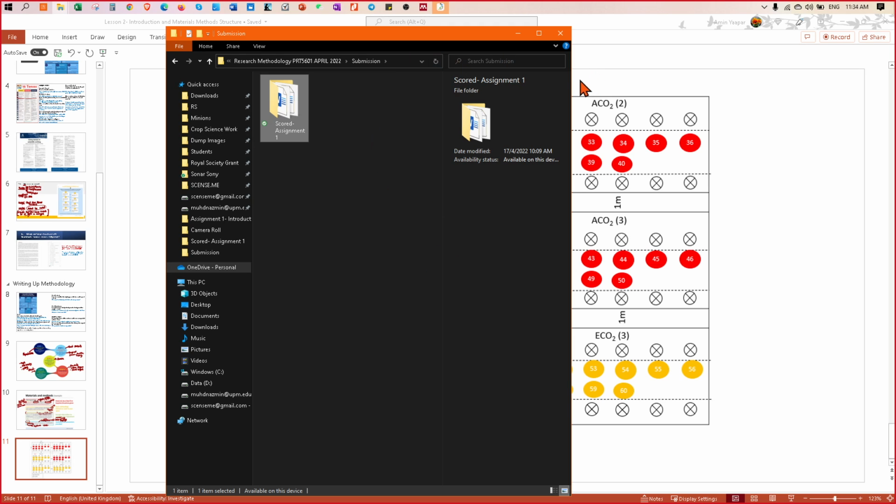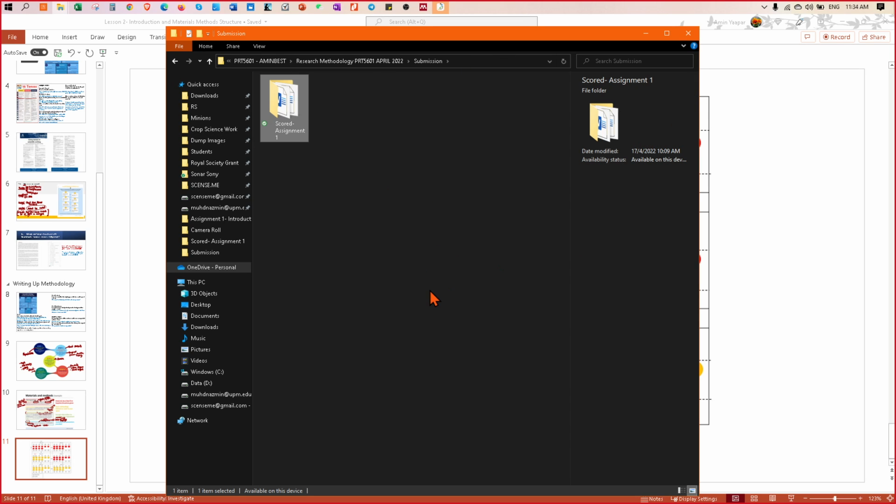The reason I ask you to put it here is because I am always on the go. I go outstation a lot. If you put it in here, I can mark your assignment even using my phone. Sometimes I don't have my computer with me because I do field work. So help me with that, so that you can have proper feedback to your assignment, right? Okay, I think that's all for today. I hope you have learned something.